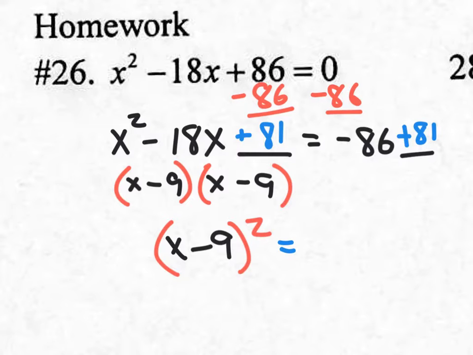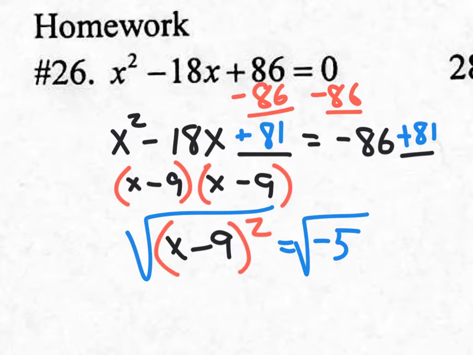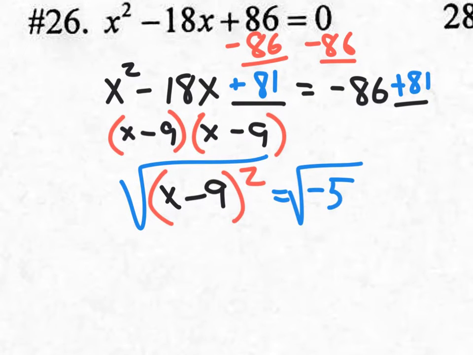On the right side, what am I going to have? Negative 5. Okay, so now I want to solve this thing. What am I going to do? Square root the left, square root the right. Let me move this up a little. So I will have